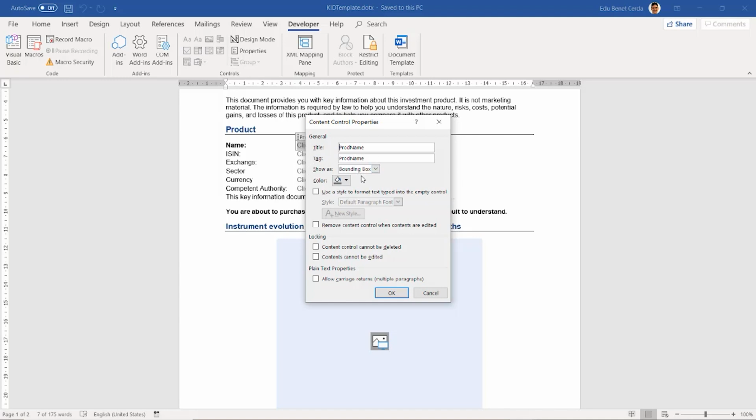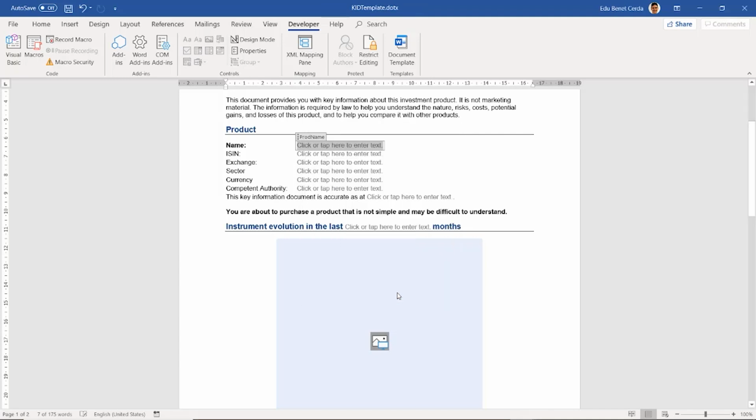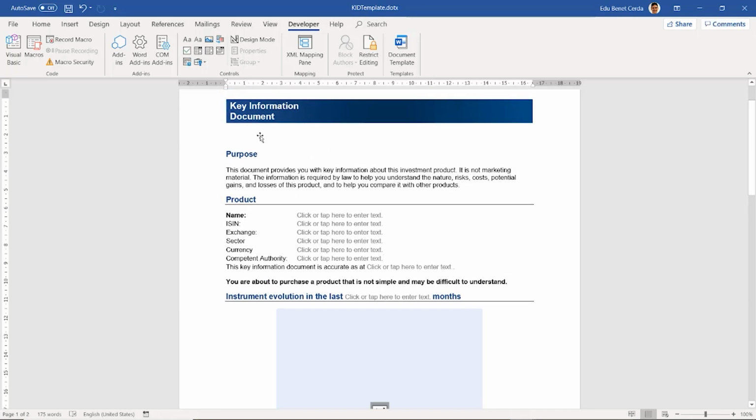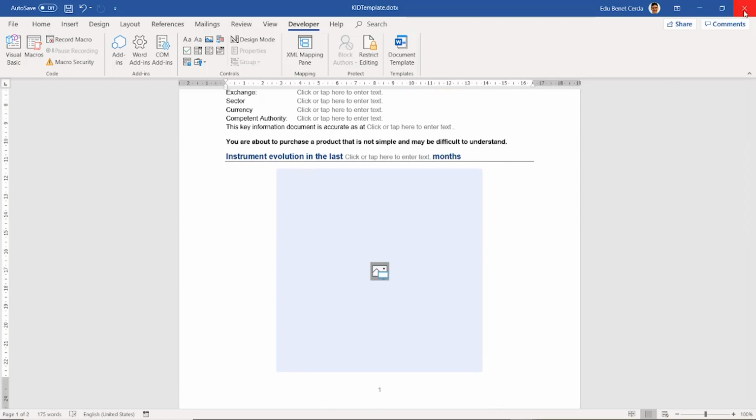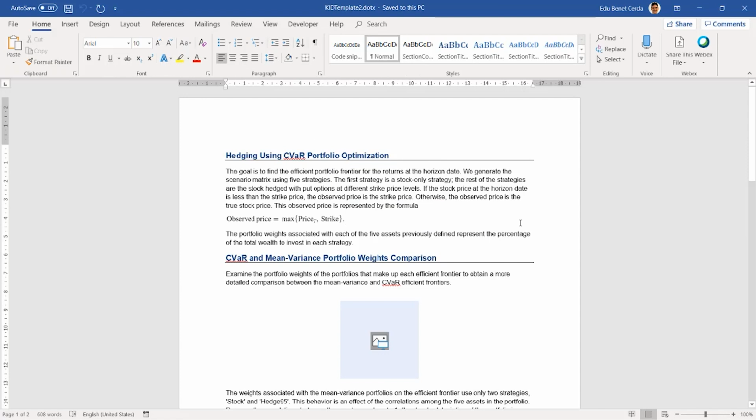On top of that, you can also select the formatting in which this text is going to be printed in the end. So then again, we build two templates, one for the reporting of the stock, and a second one specific to the conditional variance optimization.